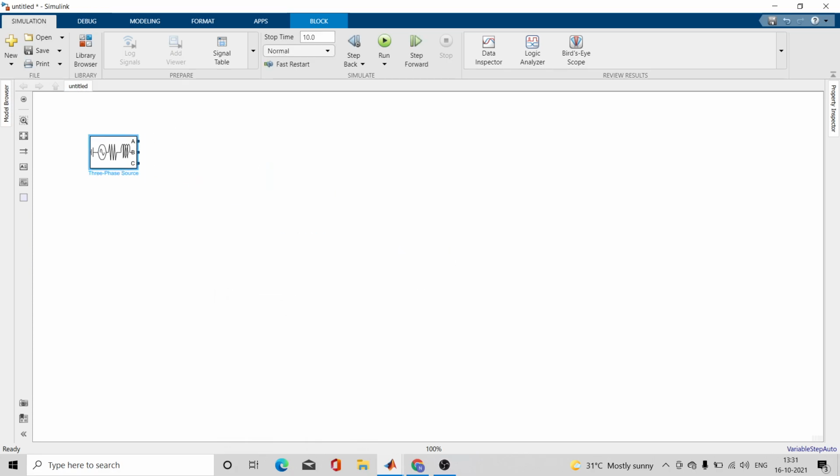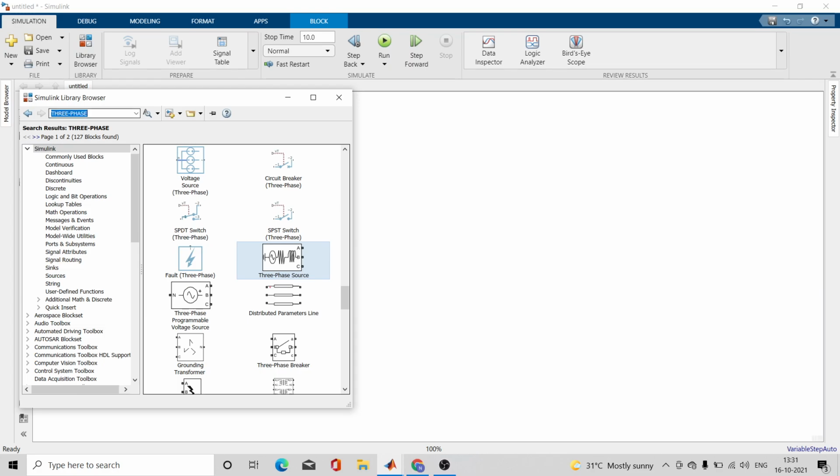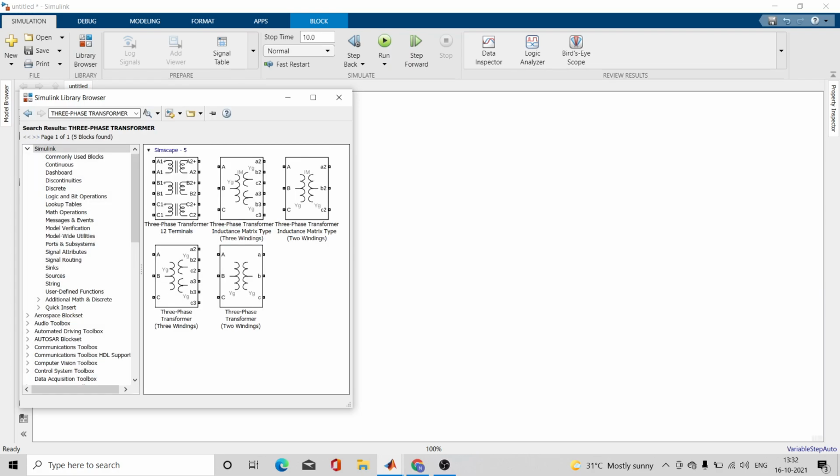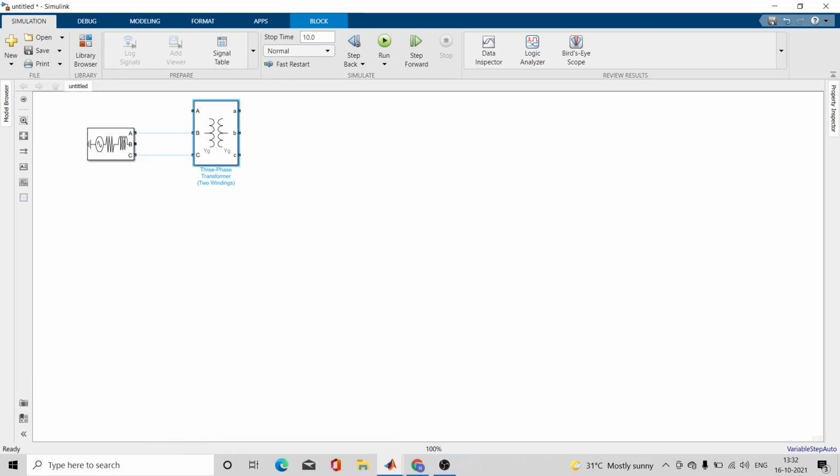So in the same way you will take the respective components and you will use them. Three phase transformer, three phase two winding transformer. I want a three phase two winding transformer. So you will select this one, add this block to my model. Yes, we will configure it after some time, don't worry.